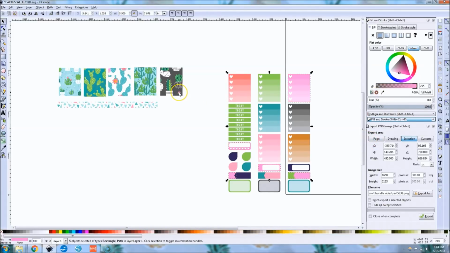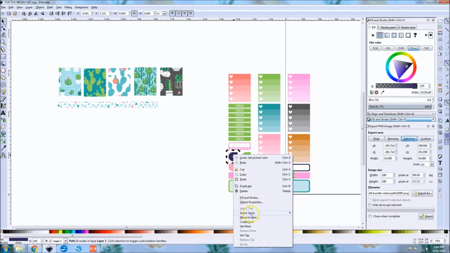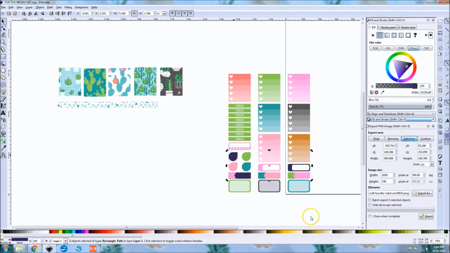Let's see if we can get this like pinky color here. Let's try this one. Select. I think actually that's the only color there, right? Let's see. So let's say we want to change this dark blue color and also this brown. So I'm going to right click. I'm going to select whatever color. Right click, select Same, Fill Color, hold down my Shift key, select that background as well,